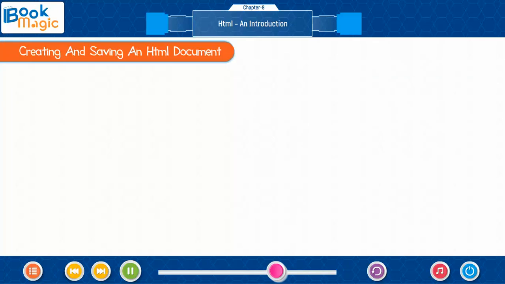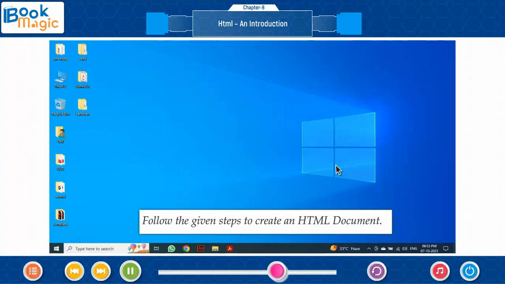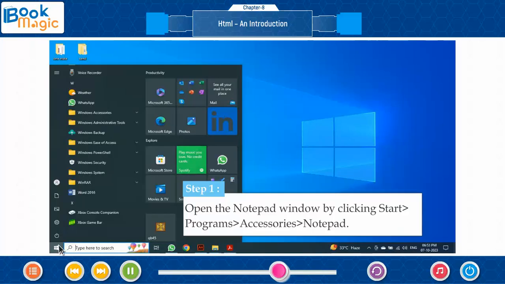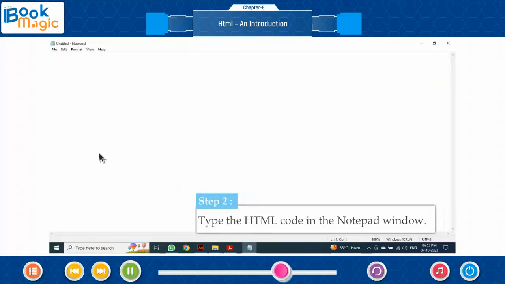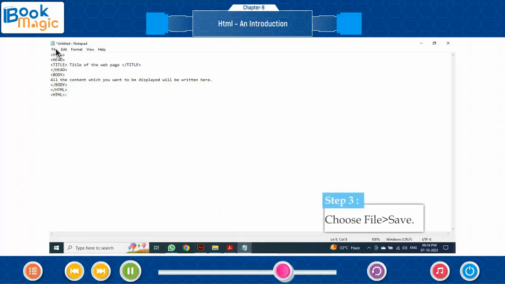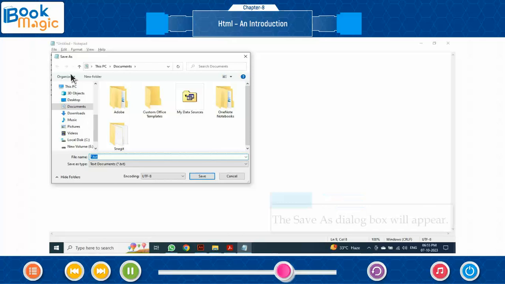Creating and saving an HTML document. Follow the given steps to create an HTML document. Step 1. Open the Notepad window by clicking Start, go to Programs, go to Accessories, go to Notepad. Step 2. Type the HTML code in the Notepad window. Step 3. Choose File, go to Save.